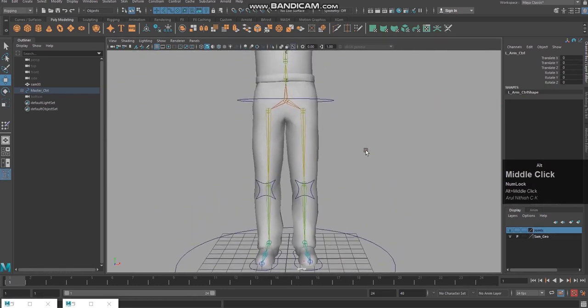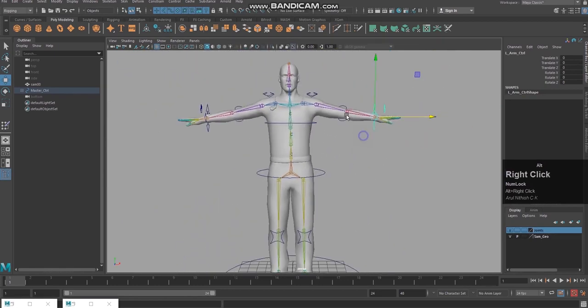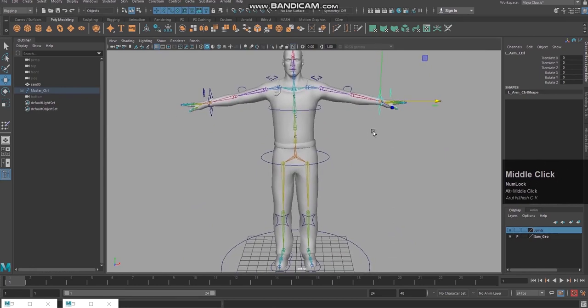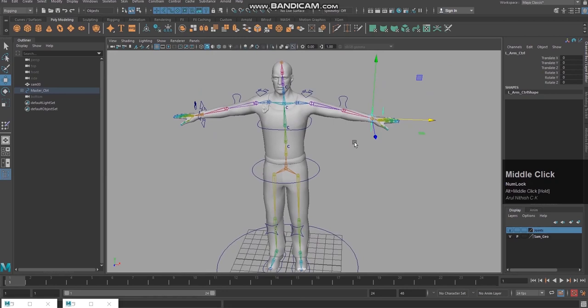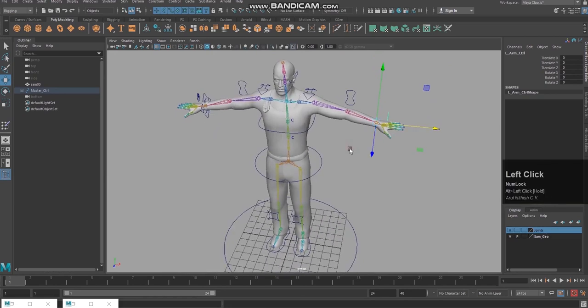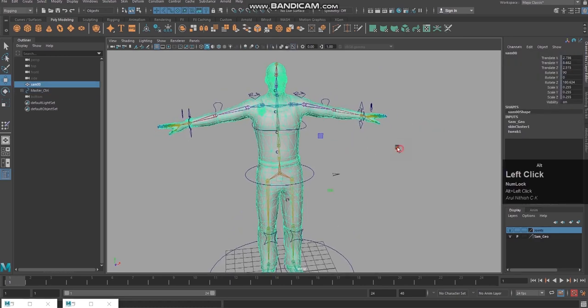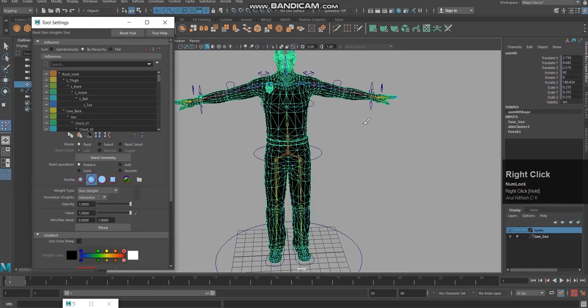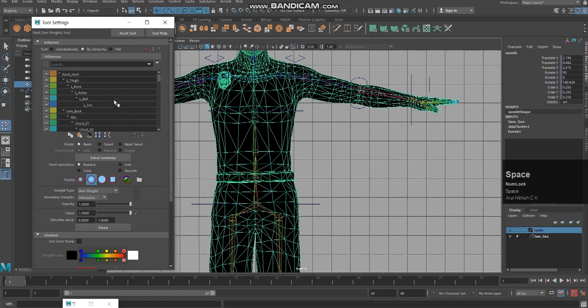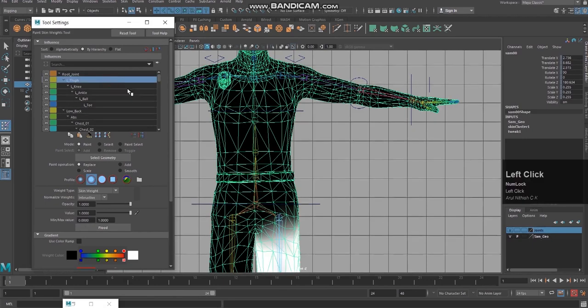Okay, then we should start doing the mirror skin weight tool. I think I have given enough information about the paint skin weight tool, and the most technical thing, the component editor, you have learned that also. Now select the skin, go to paint skin weight tool, come to front view. I'm going to select the left thigh.